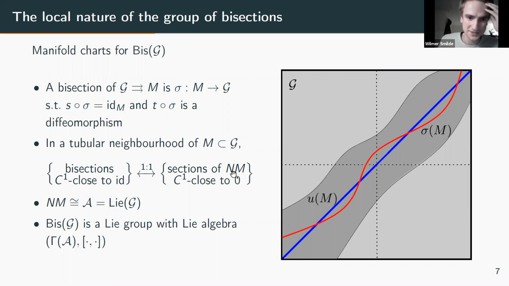Yeah, okay, I should mention two things. If M is compact, then you can model the space of sections and topologize it via the C infinity topology. And then you use all these charts together to induce a topology on the group of bisections. Over here, we constructed a chart around the identity, but you can more generally construct a chart around any bisection.